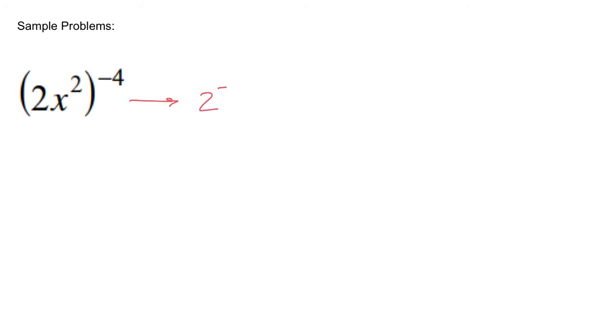So I'm going to have 2 to the negative 4 times x raised to the 2 times the negative 4. So 2 to the negative 4 is going to be 1 over 2 to the 4th. Remember, if we have a negative exponent, we have to flip our base, so instead of 2 over 1, now it's 1 over 2, and I raise the 2 to the 4th. Now I have x, 2 times negative 4 in my exponent gives me